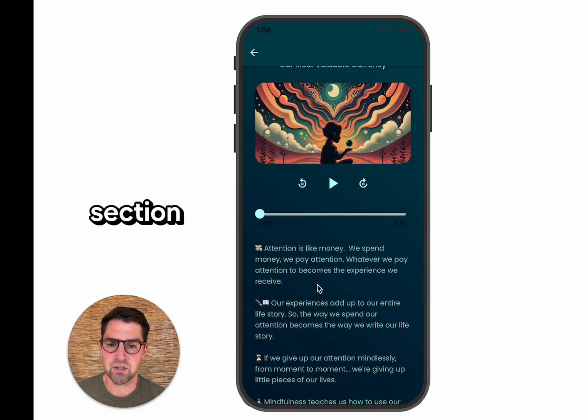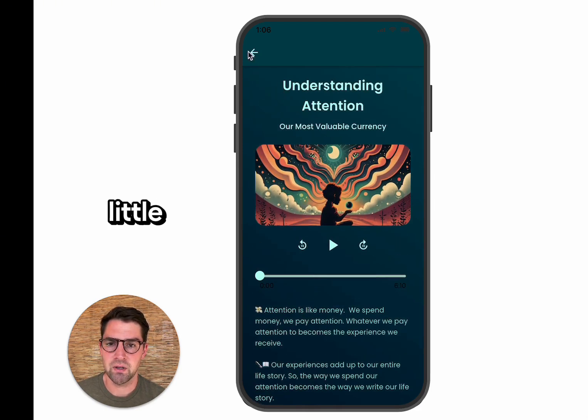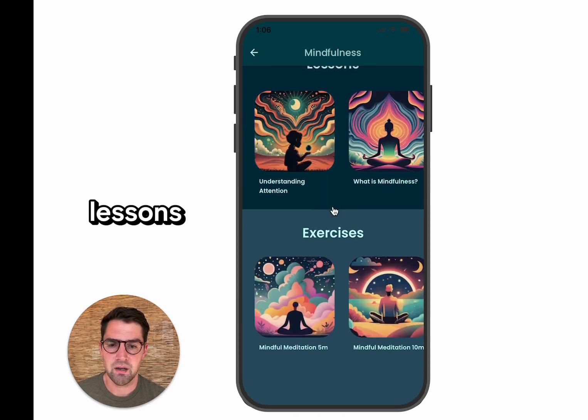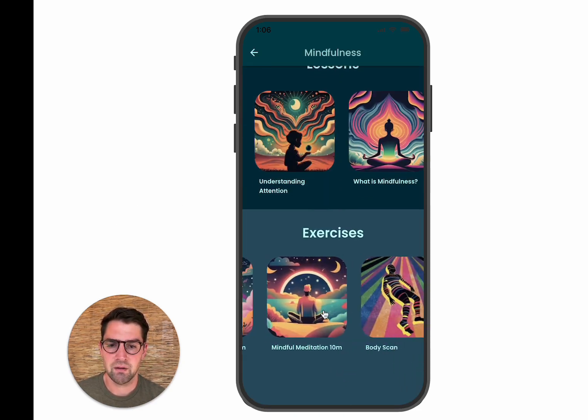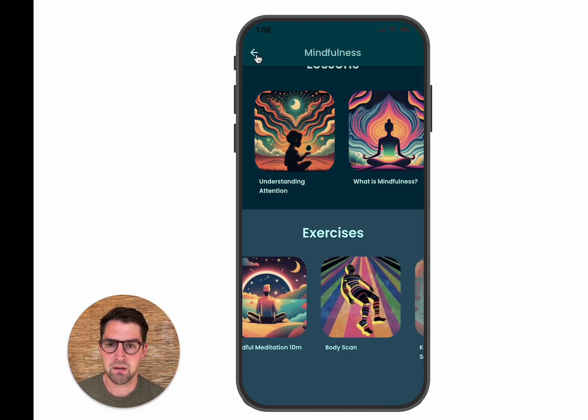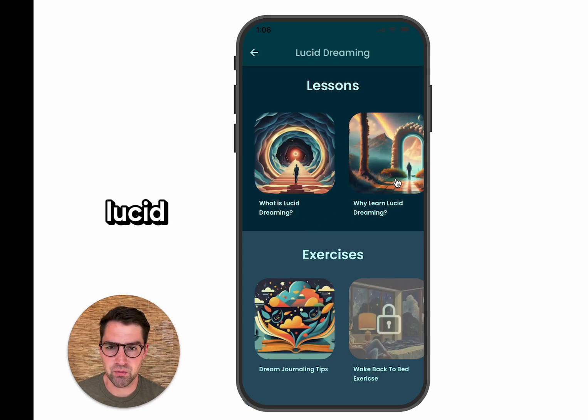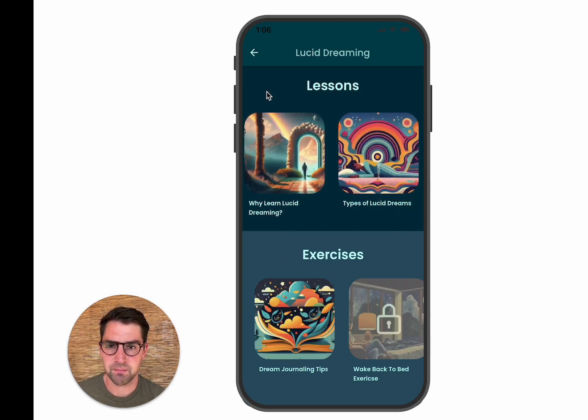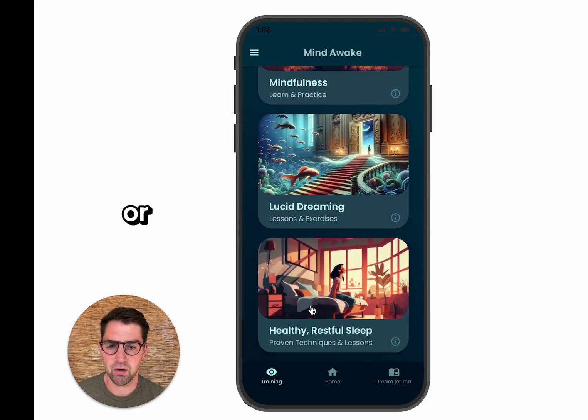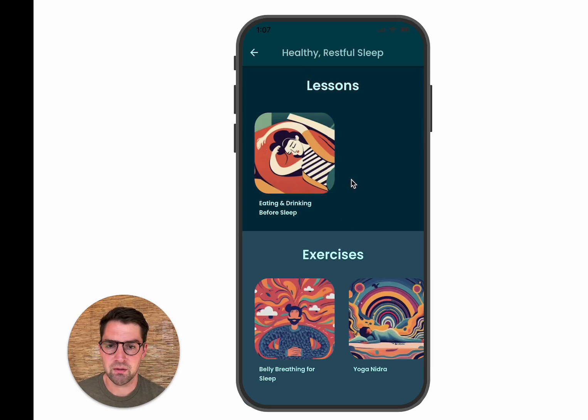So that's what this section is for. There are many little lessons and exercises that you can check out to practice mindfulness or augment your lucid dreaming practice, or learn more about getting healthy sleep.